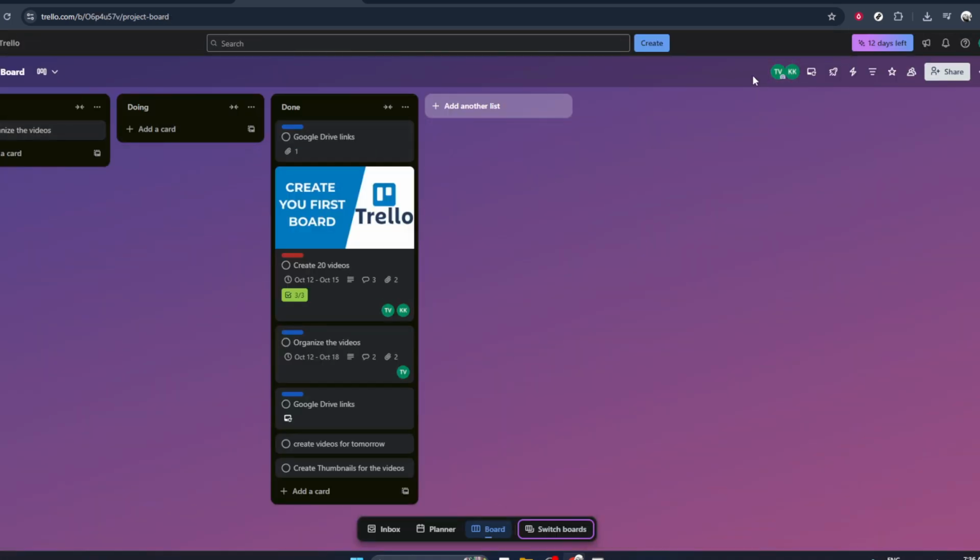By following these simple steps, you can effectively manage projects on Trello, using comments to facilitate seamless communication with your team. It's an excellent way to ensure everyone stays on the same page, which can lead to more successful project outcomes. So go ahead, dive into your Trello board, and start utilizing these features to make your project management tasks